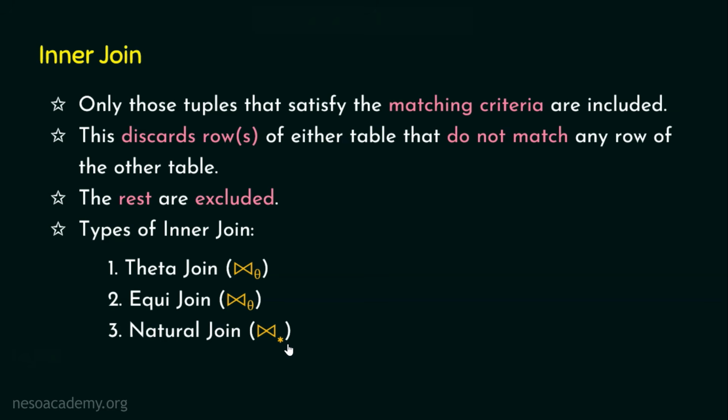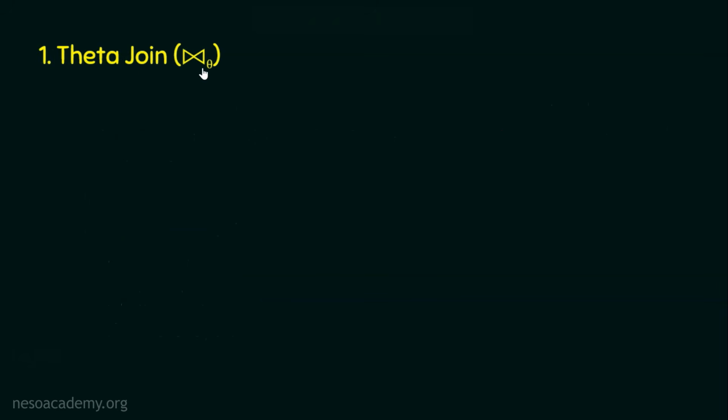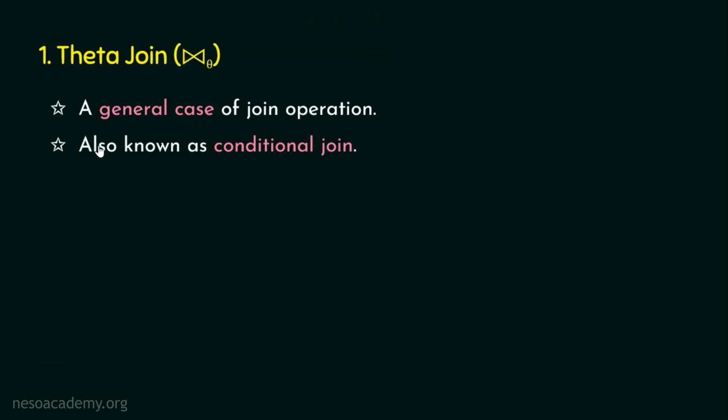We are done with the basics of inner join. Let's first start with theta join. Talking about the theta join, it is represented with the join condition theta. What does it mean? This theta join is basically a general case of the join operation. So as I told you, this is the general notation. However, if you want to be very specific, then it will be an Equi join or it can be an inner join. For now, we will understand it is a general case of join operation where this is also known